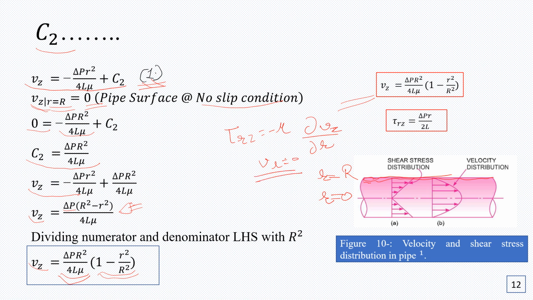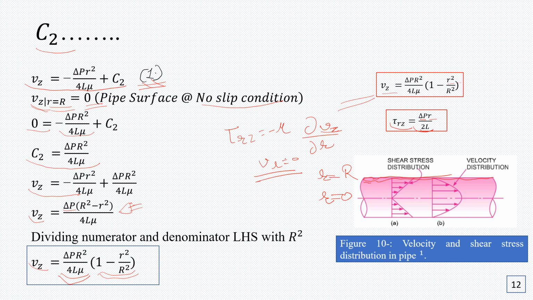So when we substitute the value of ∂Vz/∂r in the expression of τ_rz, we finally come to know that the value of τ_rz is equal to ΔP r divided by 2L, and from this we can observe that Vz is proportional to r². So it is a quadratic relationship between Vz and r, that is the radial distance from the center